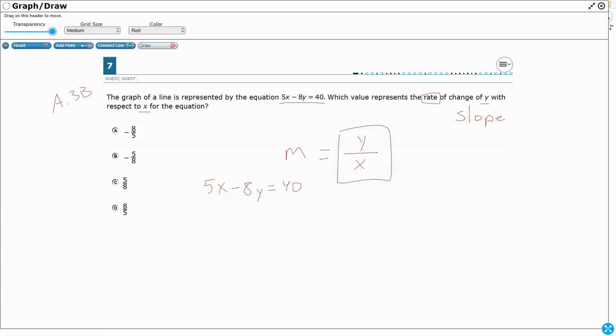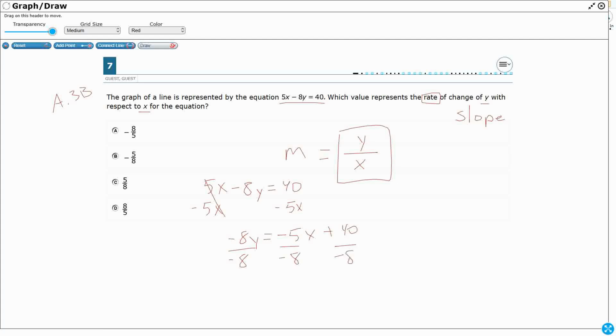Since if I take that 5x over to the right side, I'm going to have a negative 8y. So I'm going to do that, just realizing that I'm going to need to probably divide by negative to make that y a positive. So that's going to get rid of that. I'm going to get negative 8y equals negative 5x. That's going to be a plus 40 because we're at a positive 40. Now I need to divide